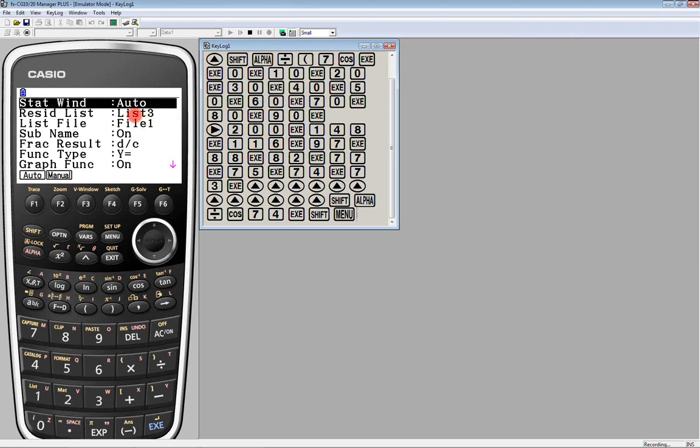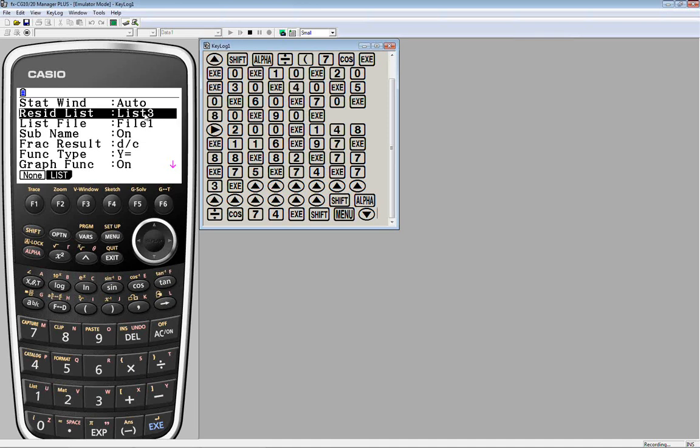Also, while we're there, the second choice here is, do you want to store your residuals? We did do that example last time. I'm not sure we'll repeat that experience here. We might if we have a little time at the end. We'll see how that goes. But I do know this. I have other intentions for both list 3 and list 4. So I'm actually going to change this to store the residuals over in list 5.